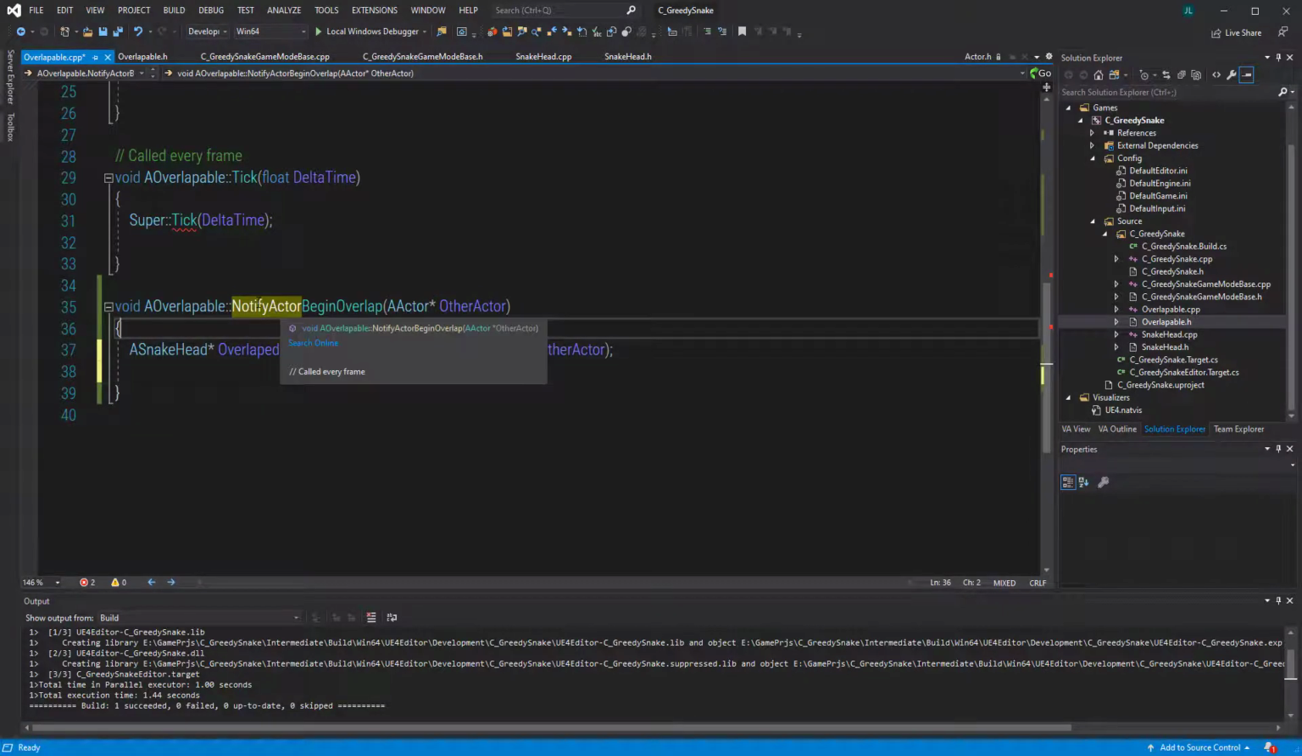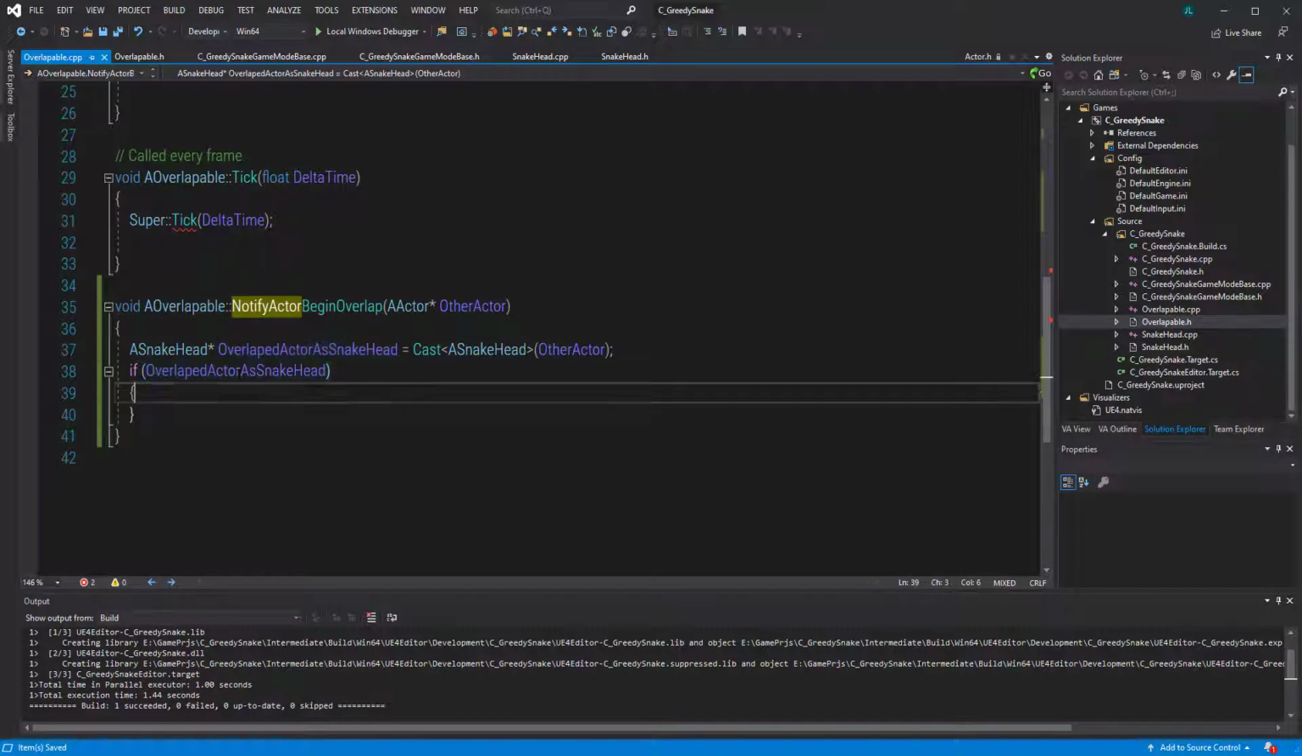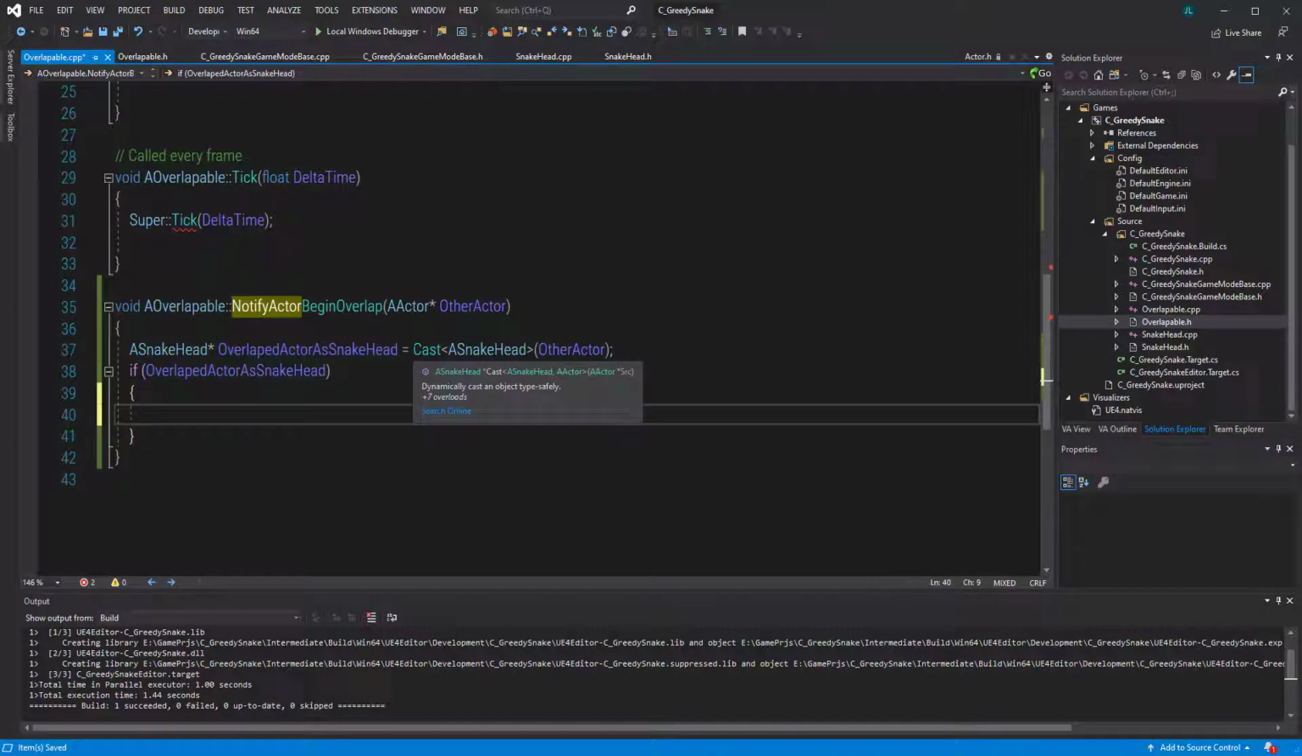Because this function is more generic, right? It's not only for a snake head, it's going to be for any actor overlapping with us. So the passed information is going to be of the type actor. But we know that in our case, it has to be the snake head. So we try to cast it first. But it is, again, common practice that we need to check just in case. We can check if this thing exists or the casting is successful, right? We do that first,